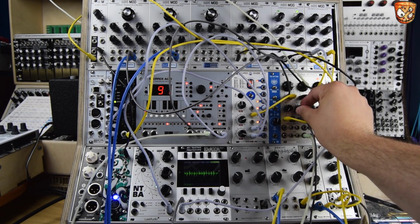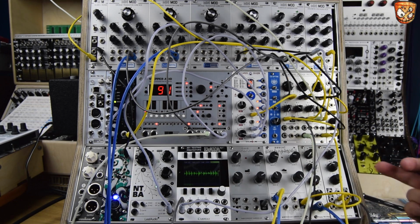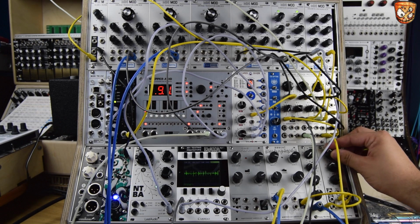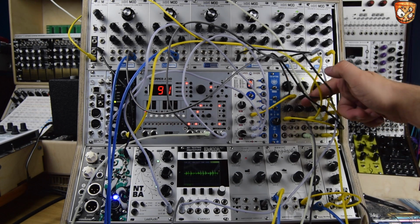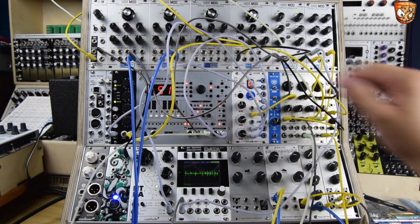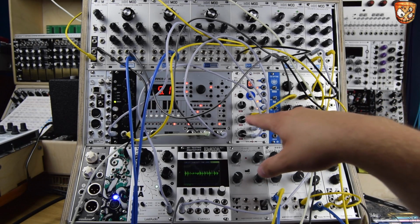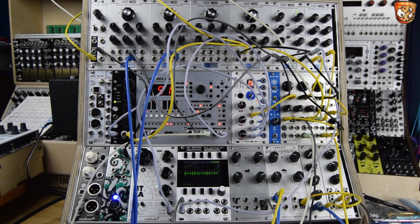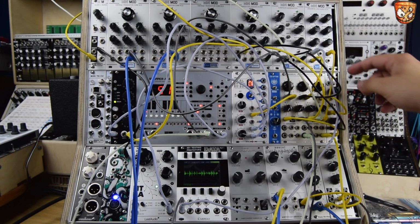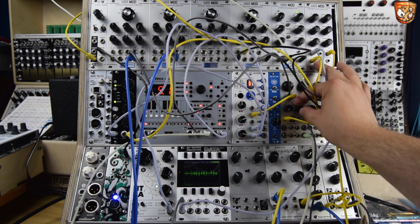Got a snare, which is the Bobcat. The trigger for the Bobcat's also triggering an ADSR, opening a filter. I've got a little tom-like sound from Mutable Instruments Peaks with this alternative panel. And this is clocked in time in the Stepper Acid with a chaos divider from Cylon Labs. And I've got some LFOs being attenuated and offset with the MVP from Manhattan Analog, adjusting that little rhythm. So that gives us